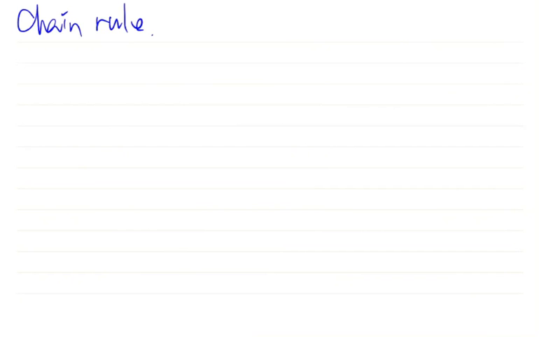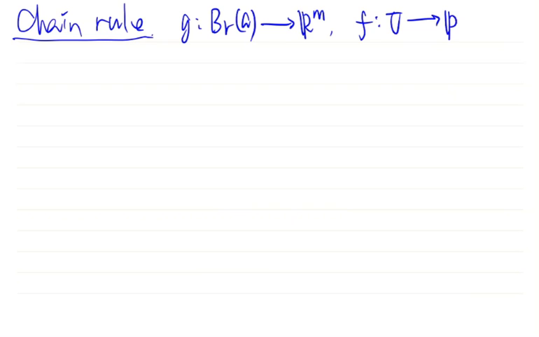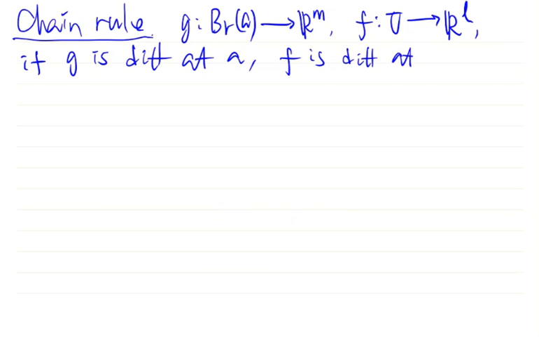Chain rule. The theorem says that G is a map from a neighborhood of A to Rn, and F is a map from U to another Euclidean space RL. If G is differentiable at A, and F is differentiable at the corresponding point, denoted by B, the image of A under the map G,